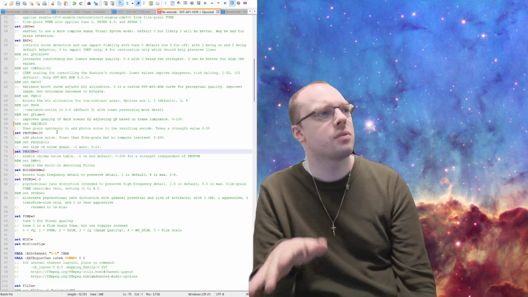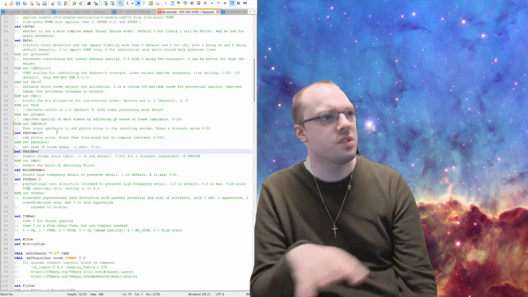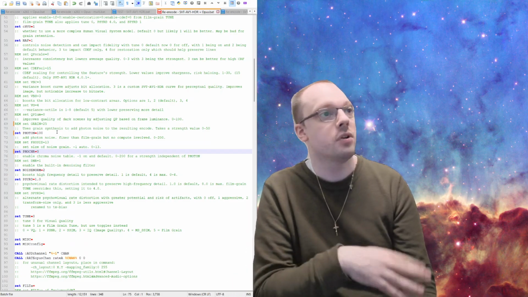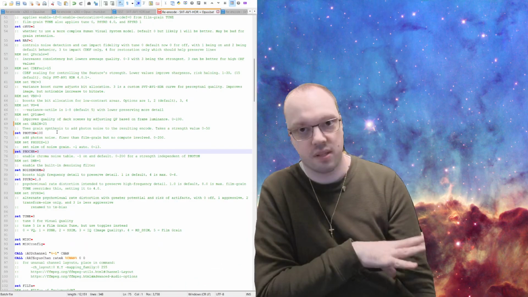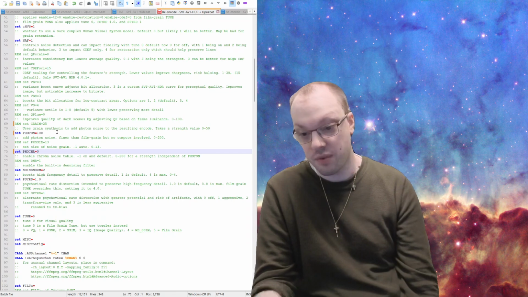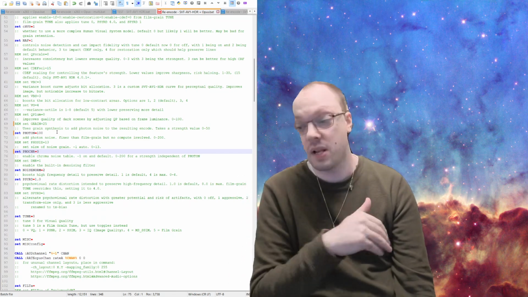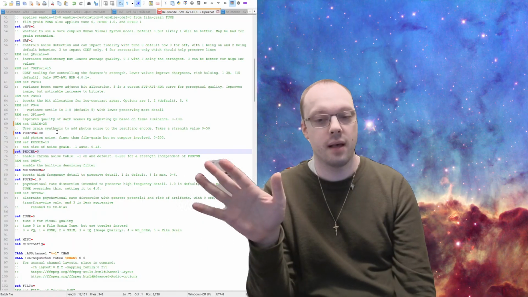Yeah. No. So I can just leave that as it is. The default is -1, which is 6% of the luma. 0 is off. 1 to 200 is the strength value, just like the regular noise. So right now, by default, it is actually doing stuff there. So I can turn that off if I want to. That's what this would be. Or I can crank it up and put in even more noise than